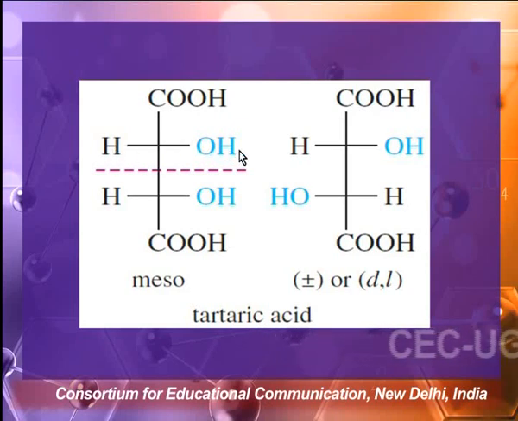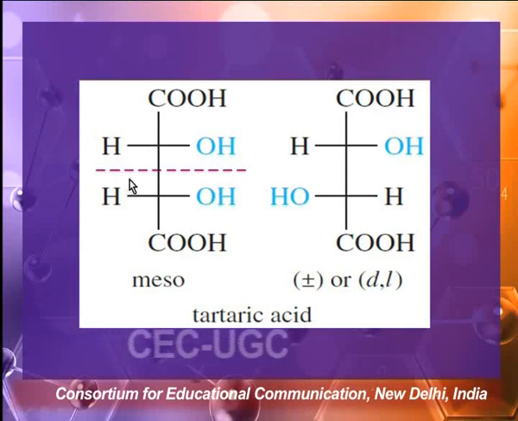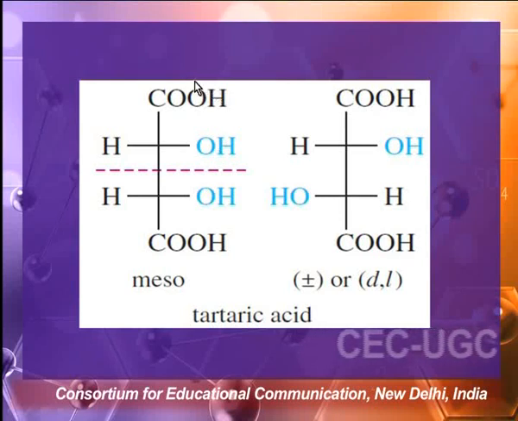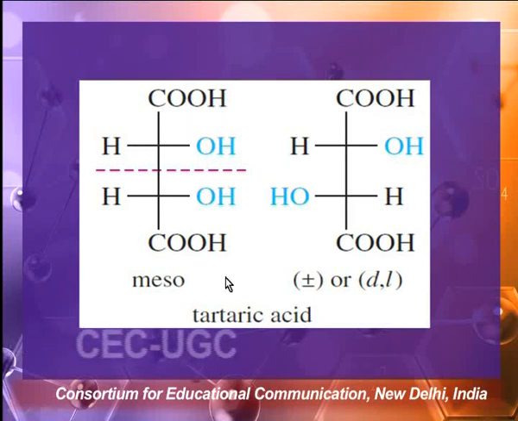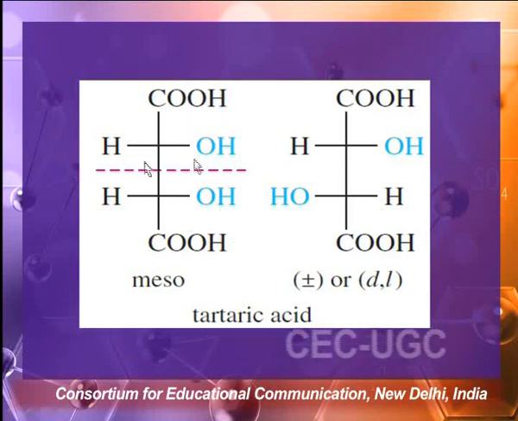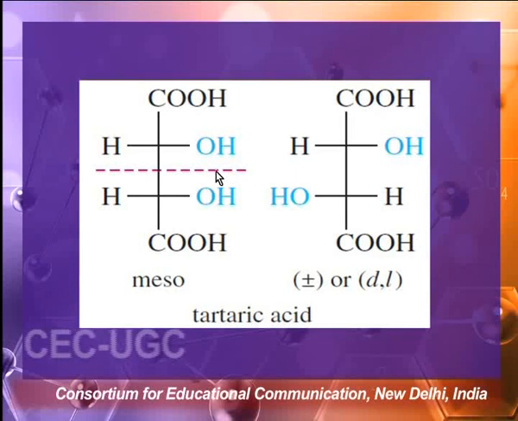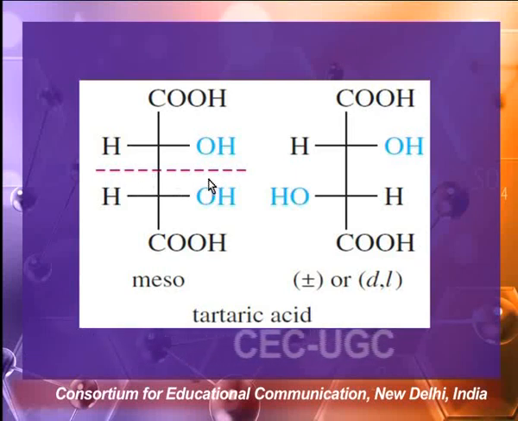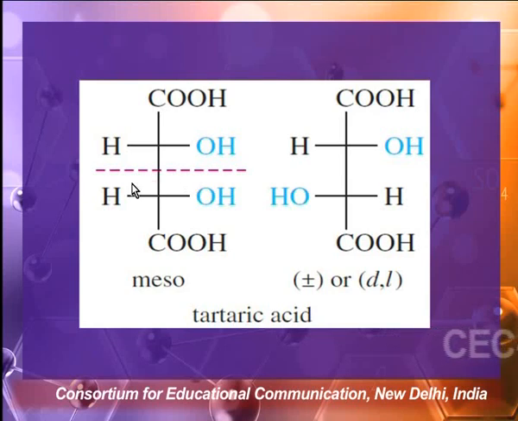Here H is different from OH. That is, we have two identical groups, OH and H and H. This is fulfilling the condition, but these groups at the terminal are the same. That is, we have a carboxylic group here and we have a carboxylic group here. So that means the molecule is symmetrical, and we know if the molecule has an element of symmetry, it will be optically inactive due to internal compensation, and we know such compounds are known as meso compounds. Here I have taken the example of tartaric acid.